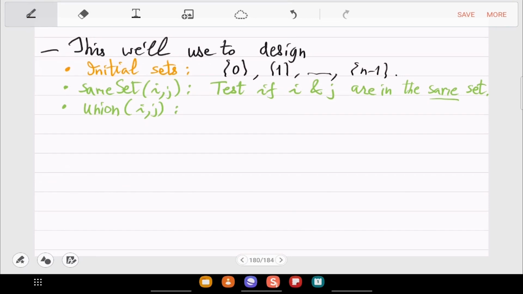Sets are always disjoint. So you start with disjoint singletons and then you take unions and you keep deleting the previous stuff. So that is what union will do.